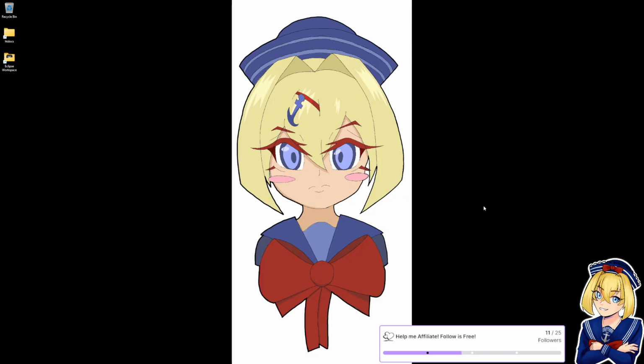But I have been dabbling in art stuff. Like, I did draw Funachan here in the bottom right corner. However, I did not draw this Funachan that I'm trying to circle with my mouse.